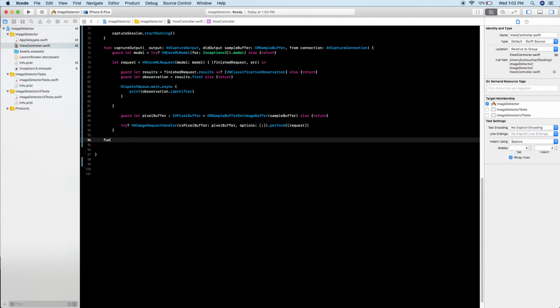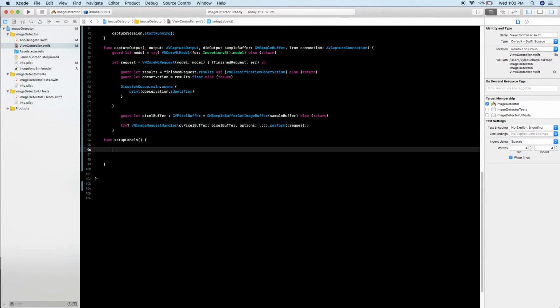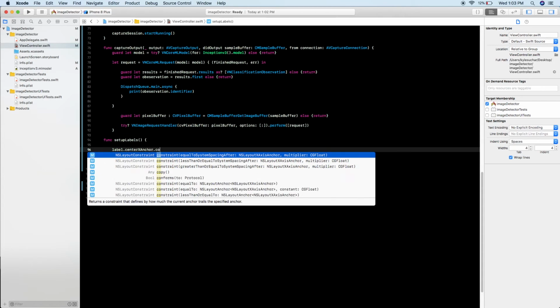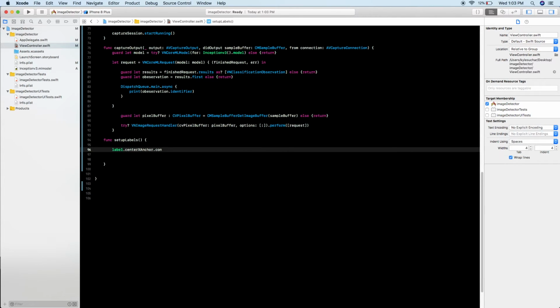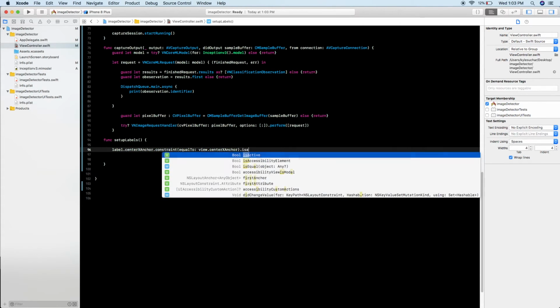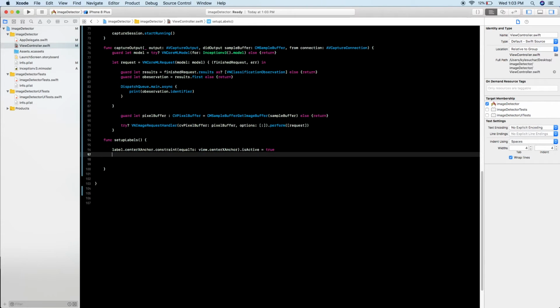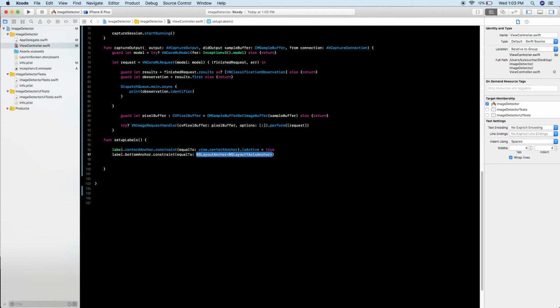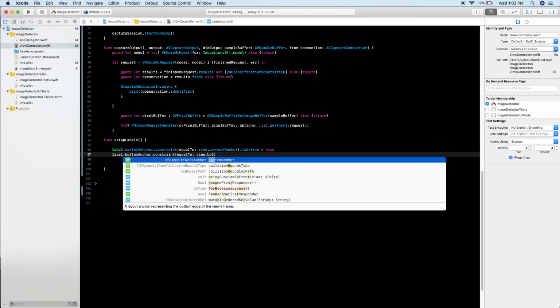So we'll go down here and say func setupLabels, label dot centerXAnchor dot constraint, and it's going to be equal to our view dot centerXAnchor, and make sure you just set the active on all of these, so isActive equals true. And similarly, label dot bottomAnchor dot constraint is equal to view dot bottomAnchor,